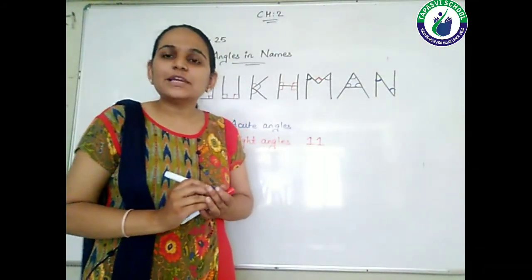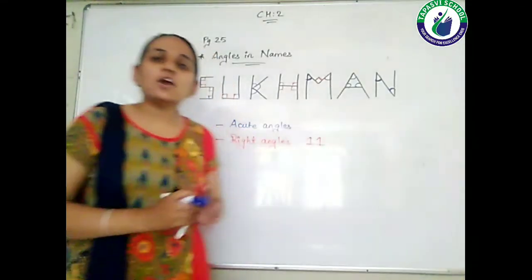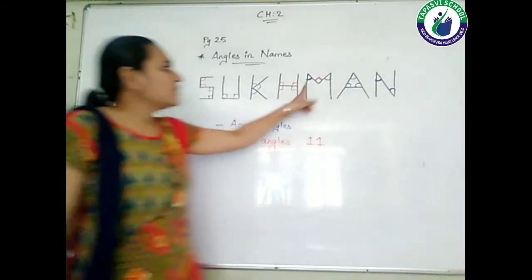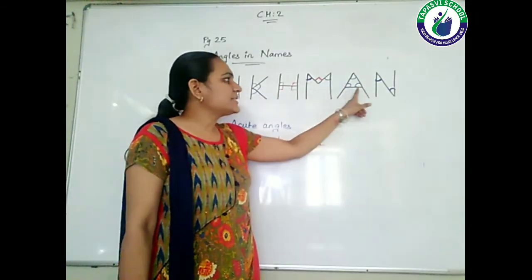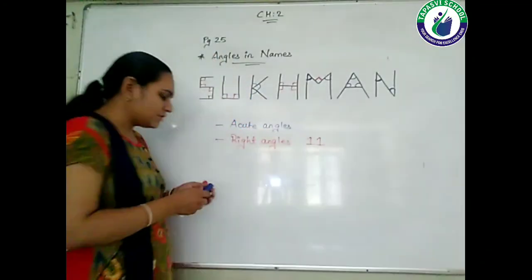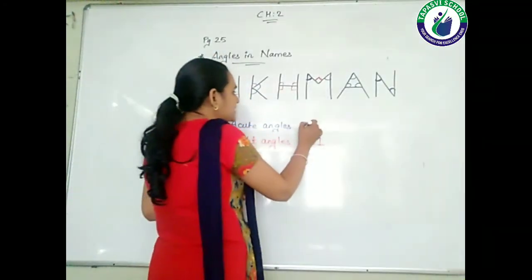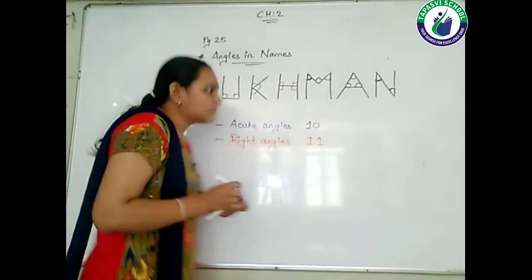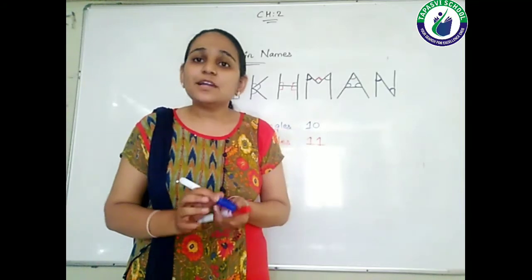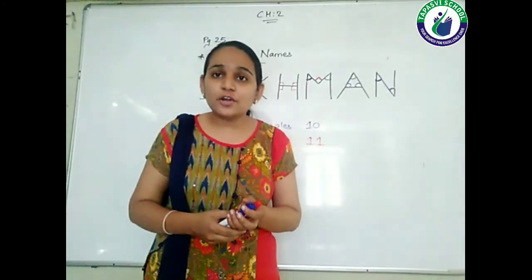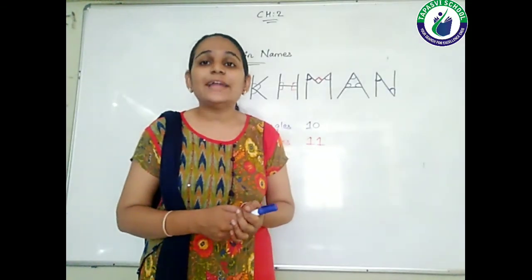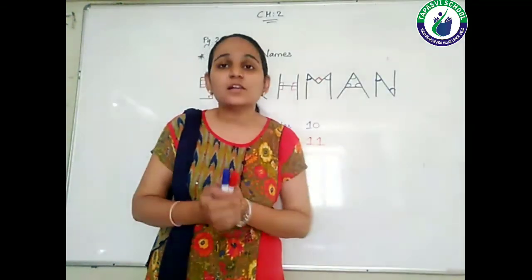If we count the total angles in this Sukhmet, how many acute angles are there? Then students see 1, 2, 3, 4, 5, 6, 7, 8, 9 and 10. So I can write here, students, the number of acute angles as 10. So 10 acute angles are in this name Sukhmet. Similarly, students, you can try with your name also. Also you can try with your family members, and see where the acute angle and where the right